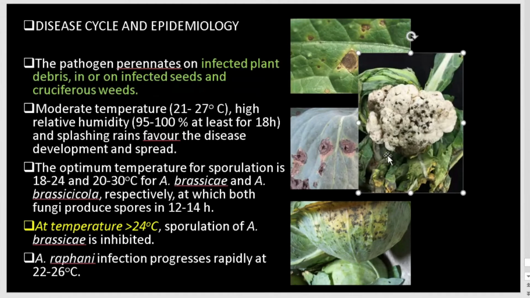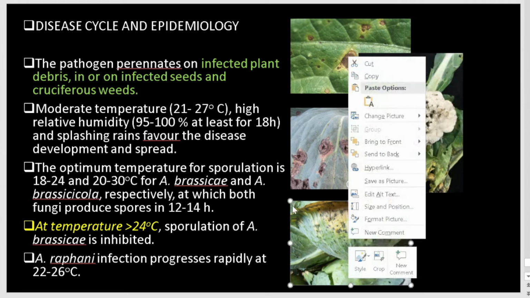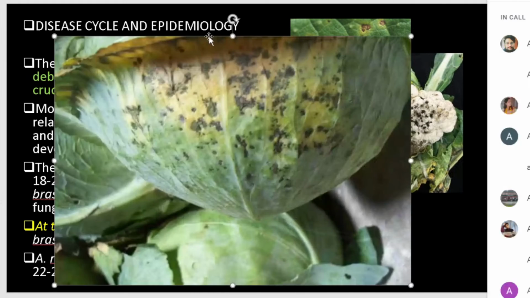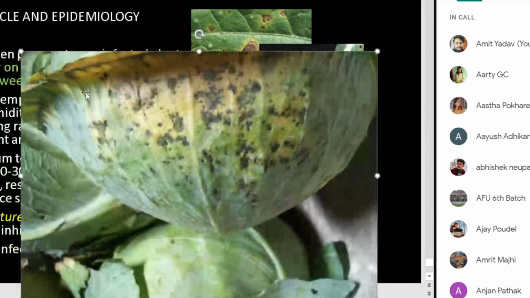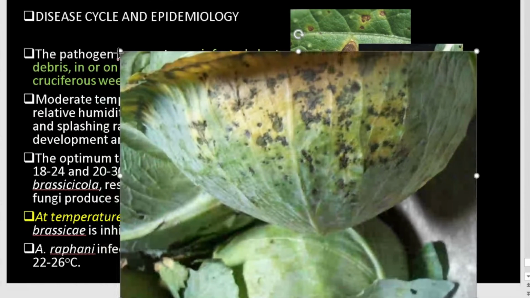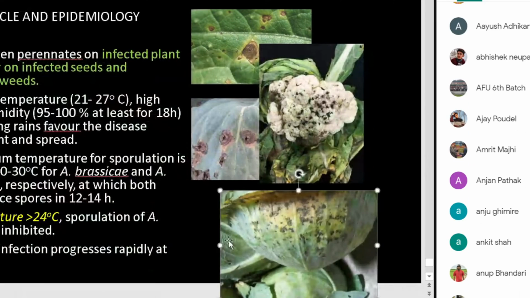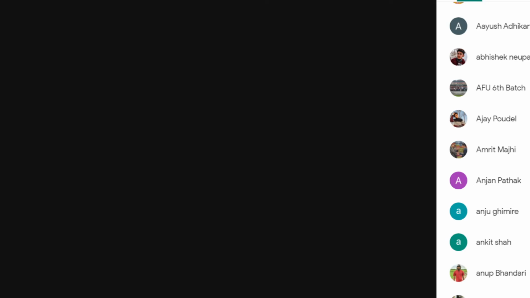Several species of Alternaria, such as Alternaria alternata, may be there, Alternaria solani may be there, and sometimes this may also be due to some saprophytic fungus such as Mucor and Rhizopus. Here you can see some typical spots made by Alternaria on cabbage heads. Generally, temperature conditions for all